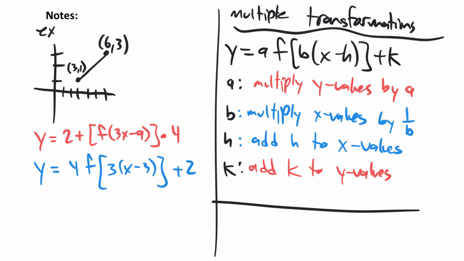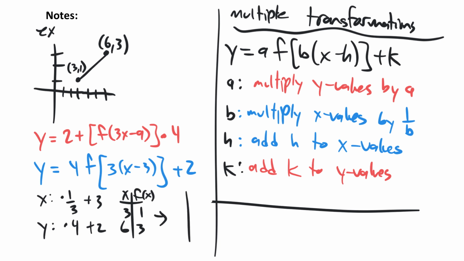So I would apply for the x values, we're going to multiply by 1/3 and add 3. For the y values, we're going to multiply by 4 and add 2. So my original table with 3, 1, and 6, 3 is going to become,